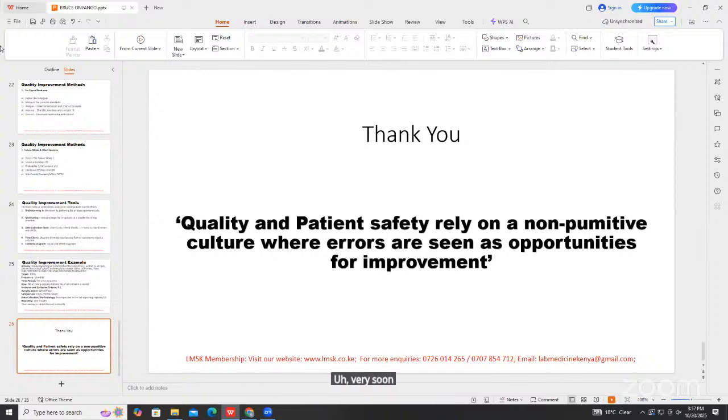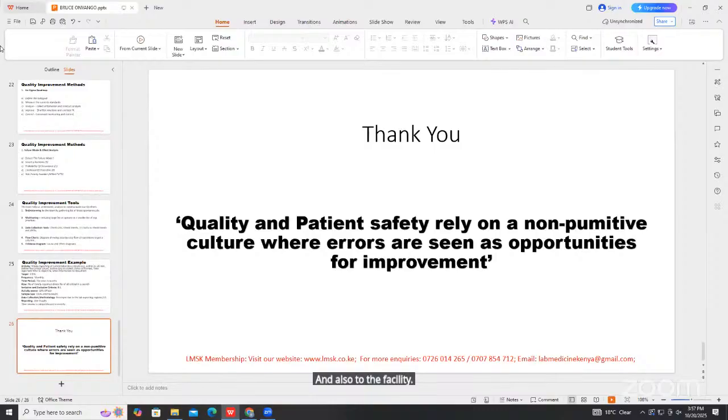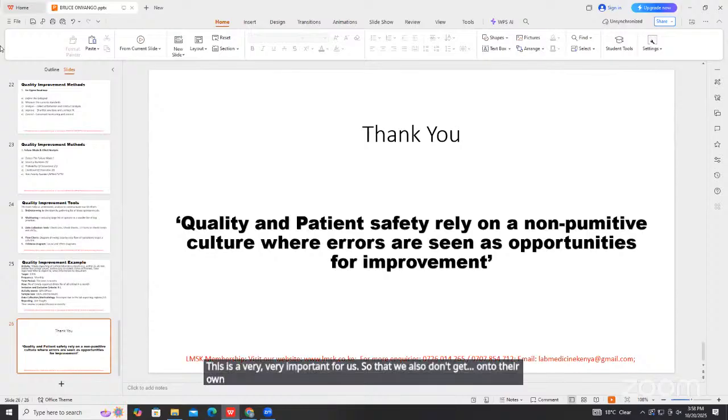Very soon it will be signed into law, and it has the legal frameworks on patients' rights, and also on how we as providers can be protected, and guidelines for the facility on the safety issues to follow. So let us take time to go through that bill. It is very important for us so that we don't get into the wrong hands of the law,